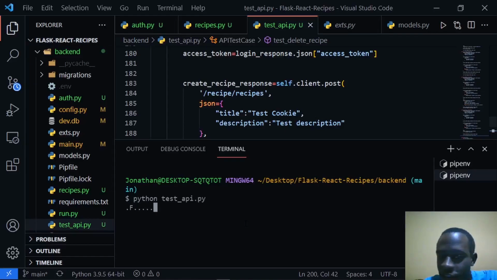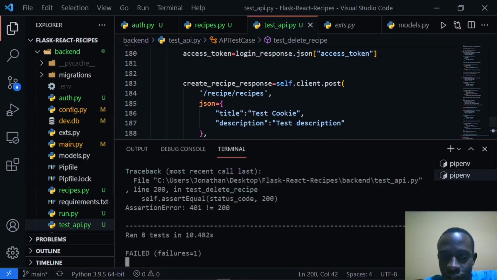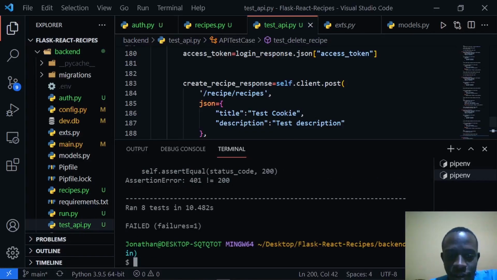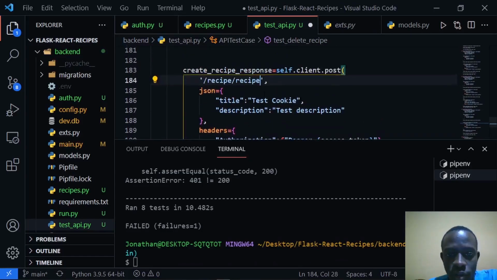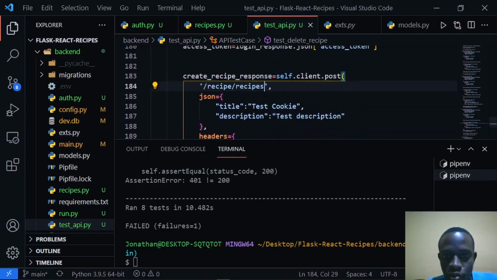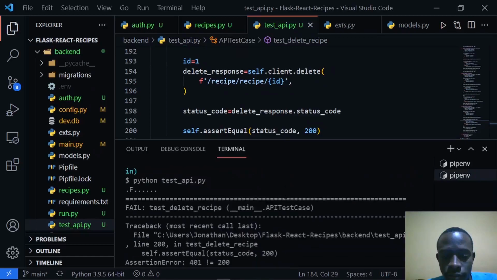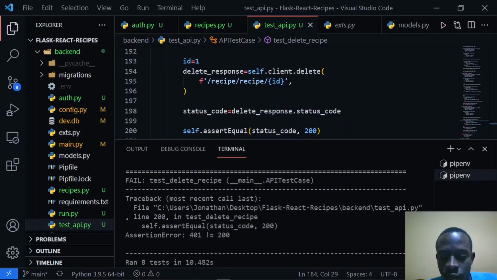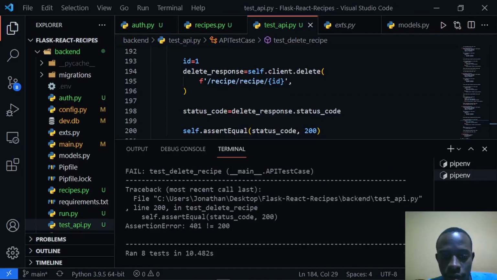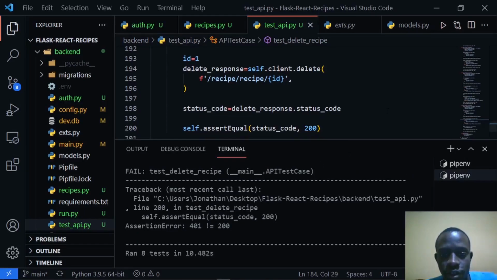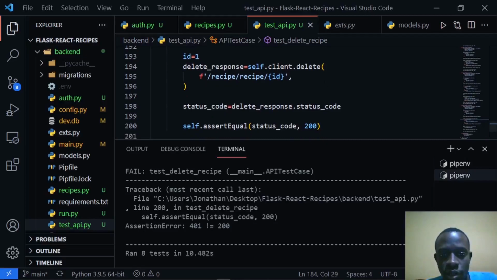we are having an error. Let's try to see how we're going to fix it. So basically it's 401. So I think it's because we specified the wrong route. Oh sorry, it's going to be for recipes. So slash recipe slash id. So when I run again,